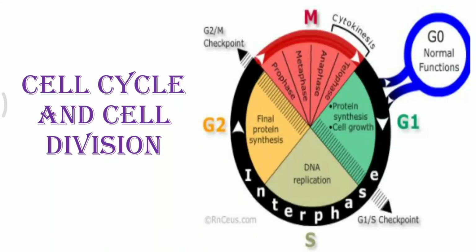A typical eukaryotic cell undergoes two main kinds of division. One is mitosis and another one is meiosis. Mitosis is known as an equational division, whereas meiosis is a reductional division. We'll be studying in detail the second type, that is meiosis, but we'll also look into